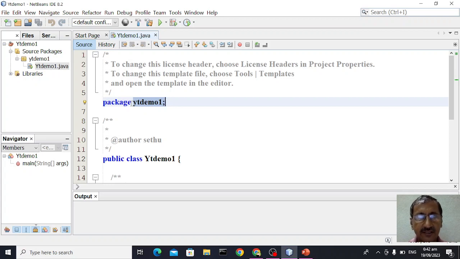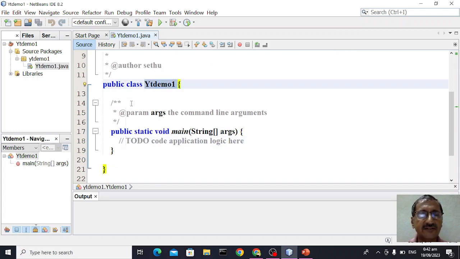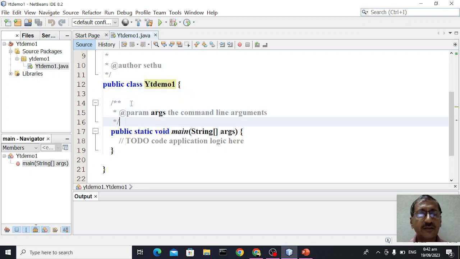So all these things are created using this way. Public class, and then you can see here, this is a class name. Automatically the IDE generates it. Normally the convention in Java is that all the classes should start with a capital letter, but it's not compulsory, it's a good convention. Okay, then I will have within public.